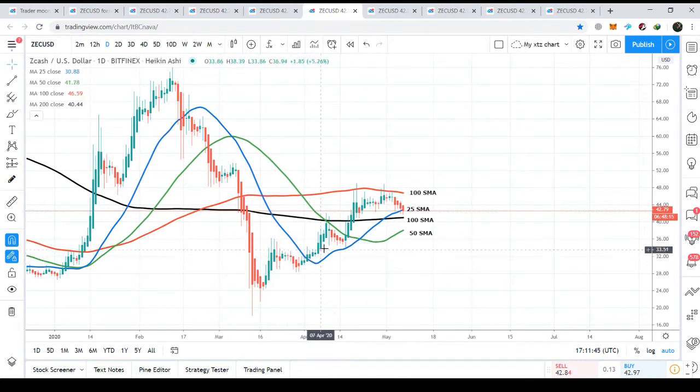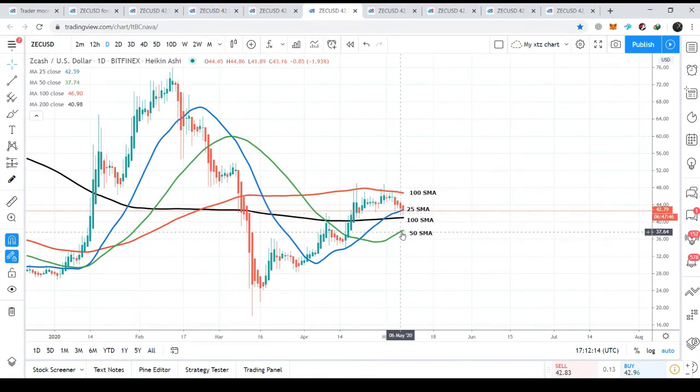crossed up the 25, the 50, the 200, and after crossing up the 200 simple moving average, it faced very strong resistance by the 100 simple moving average. And now, after having a double top with the 100 simple moving average resistance, it is dropping down, and I'm expecting that it will break down this 200 simple moving average as well, and it will be bounced from here, from